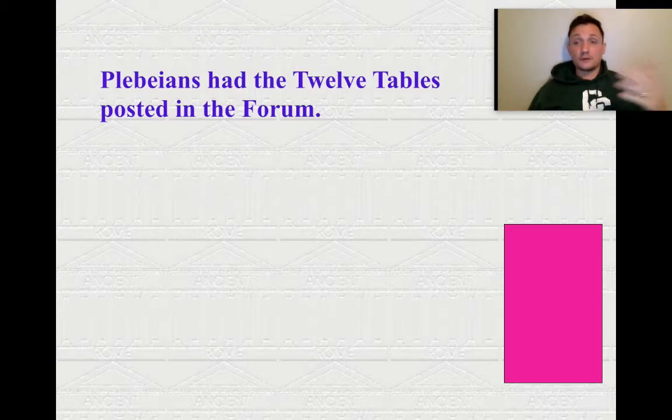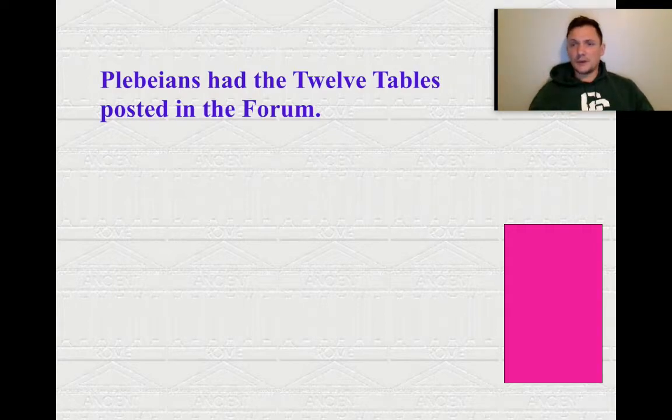right? So, one of the first things that the plebeians want to get done, they want the 12 tables to be posted in the forum, right? Somebody tell me what the 12 tables are again. Good job, Nadir, right? So the 12 tables are the very first publicly posted laws in any Western civilization. And they were written on 12 different tablets. Well, not like this, but they were chiseled on the 12 different tablets.